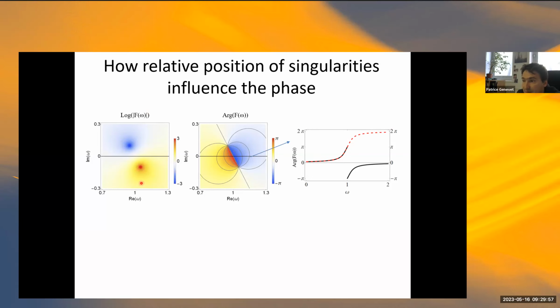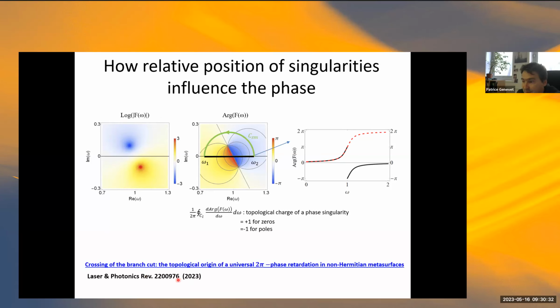So generally, if you rely on resonance scattering, you want to find conditions for which zeros and poles are separated. And the reason why you have 2 pi phase comes from complex analysis. The integral of the phase on the real axis is equal to the complex plane circulation. And if you have singularities in the loop in which you do your complex plane integration, the residue theorem tells you that you have a phase circulation ranging from 0 to 2 pi, essentially 2 pi times the number of singularities inside the loop. This is what we discussed very recently in this paper.